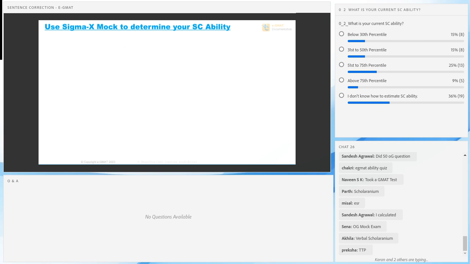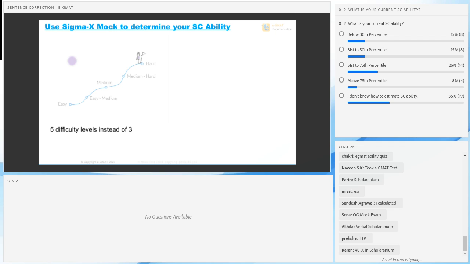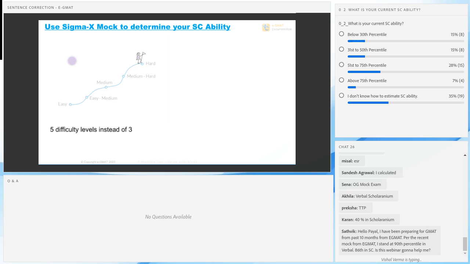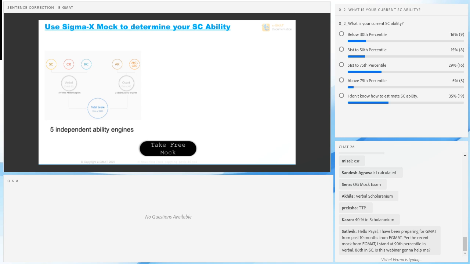But as such, for those of you who don't know how to figure out your ability, either you look at the ESR, or you essentially take Sigma X mock test. Now, this one mock test is available free of charge to everybody. You do not necessarily have to be an e-GMAT student to access Sigma X mock test. Essentially, in this mock, you have 5 difficulty levels instead of the typical 3 difficulty levels that exist in the industry. And the mocks are block level adaptive, which is the actual adaptability that you see in the test itself, right? There are 5 independent engines